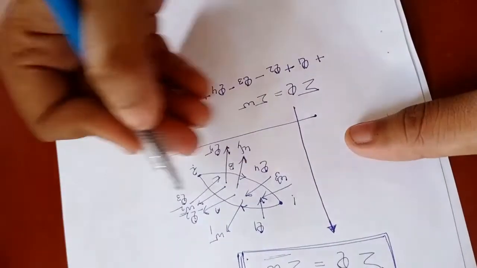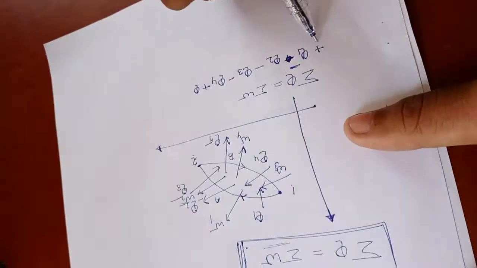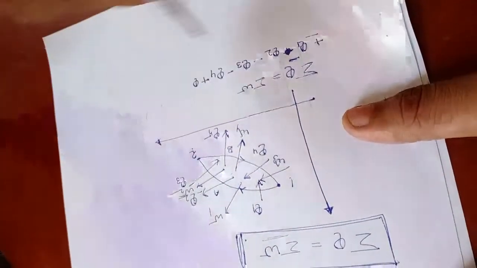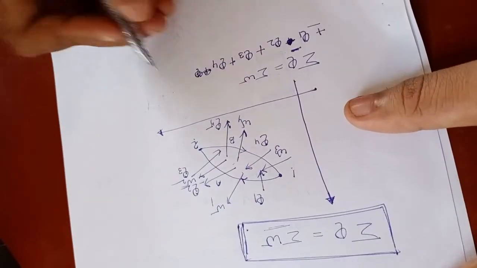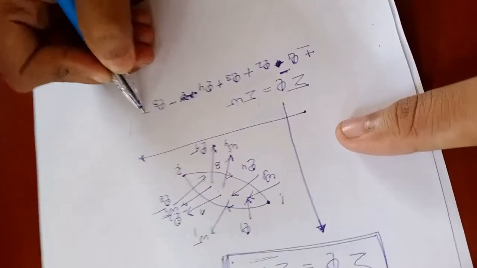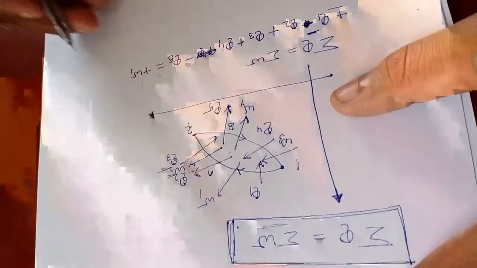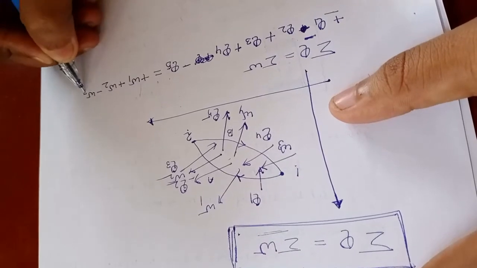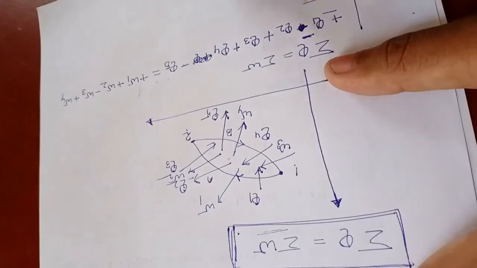Sorry, extremely sorry. Heat is coming into the system, plus Q1. Heat is going out of the system, minus. Heat is coming into the system, plus Q4. Heat is coming into the system, plus Q5. Heat going out of the system is negative. This is the same as work: work going out of the system, plus W1; work coming into the system, plus W2; work going out of the system, minus W3.